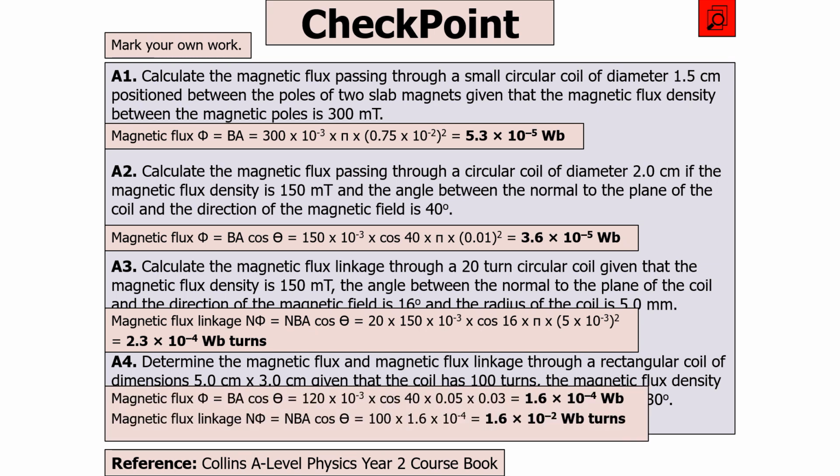And then in this next question, the flux is equal to BA cos theta. So you can work it all through. Now again, remember, it's a rectangular coil, so you multiply the two dimensions in meters. So it's 0.05 times 0.03 to get our area. So you get 1.6 times 10 to the minus 4 Webers. And then our flux linkage is that value times N. So you multiply that by 100, the number of turns, to get 1.6 times 10 to the minus 2 Weber